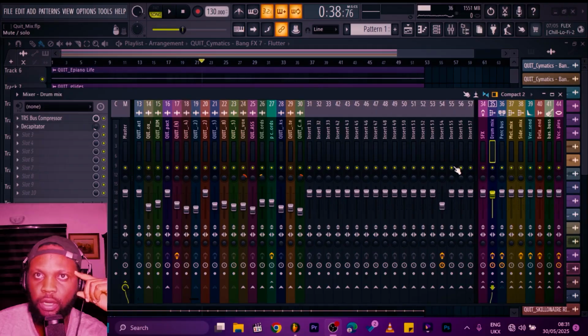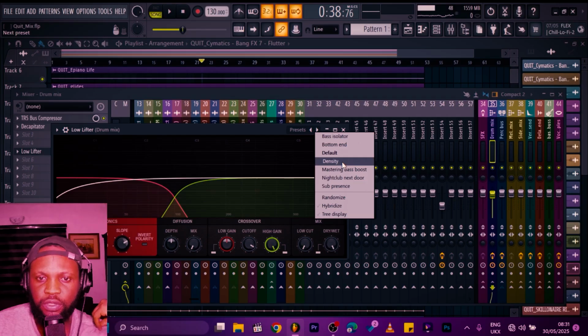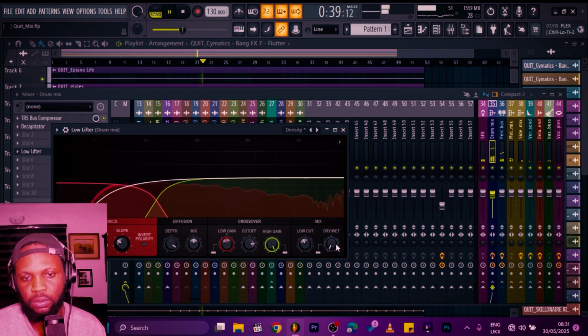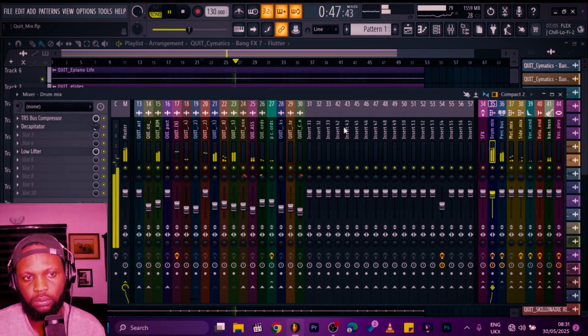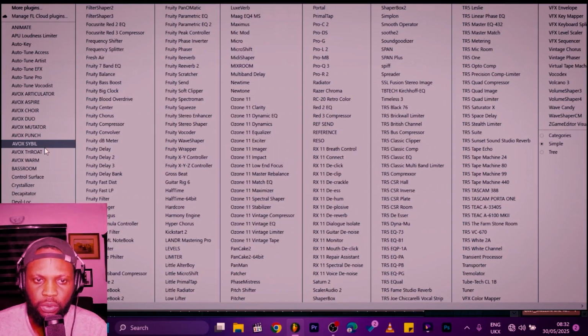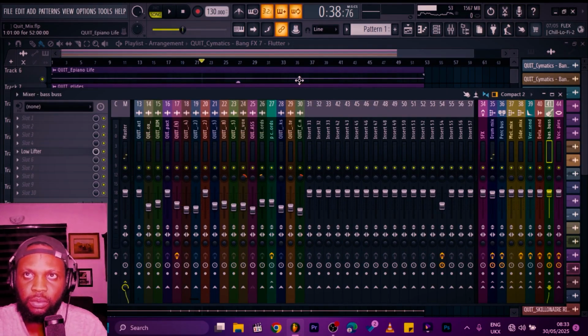Another thing I like to add is a low lift on the drum just to give it weight. I look for this density, then mix it properly. We can add a low lift on our bass as well, add a density. The other problem I see is probably a clash between the bass and the kick,